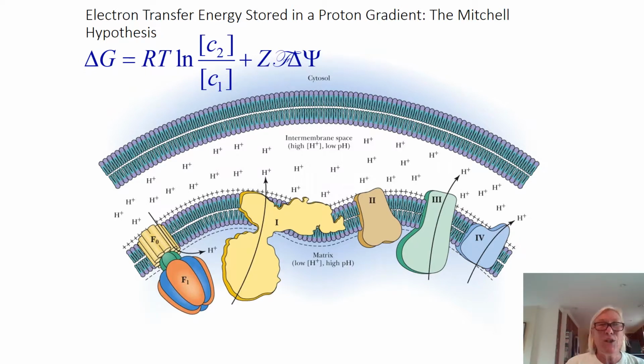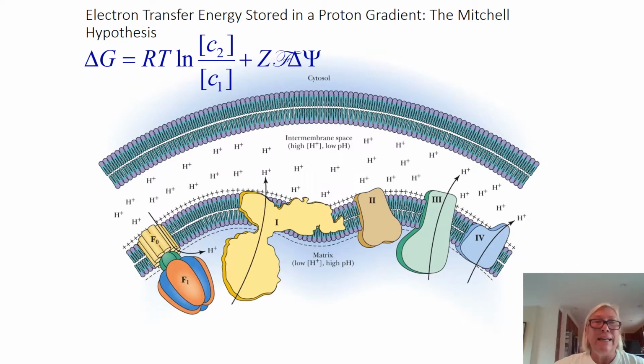We can actually quantitate the change in free energy associated with this electrochemical potential. And we will do some practice problems as soon as we finish covering the slides in this last segment. But the change in free energy is equal to R, which is a gas constant, times temperature in Kelvin, times the natural log of C2 over C1, where C2 is the hydrogen ion concentration in the inner membrane space, and C1 is the hydrogen ion